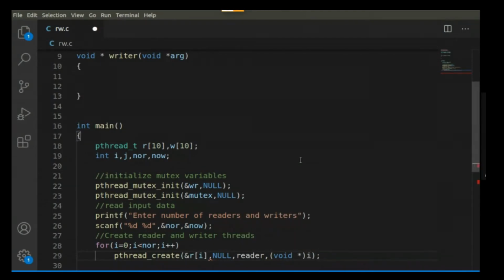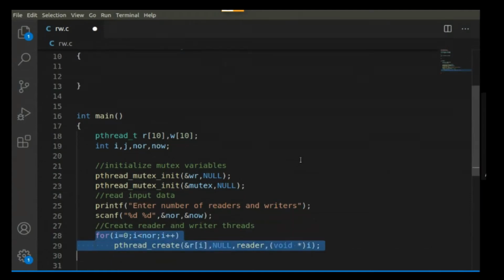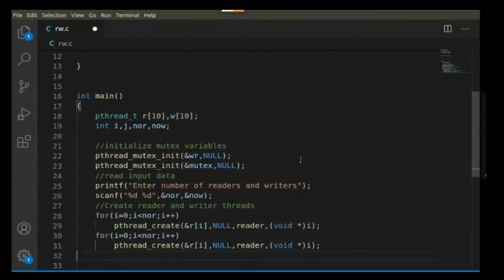Okay, so this is for creating the reader threads. Similarly, we will create the writer threads. Instead of index i, we will be using index j, for number of writers.